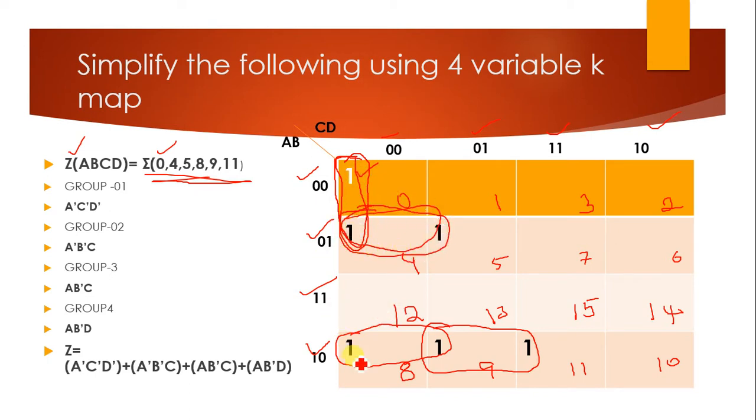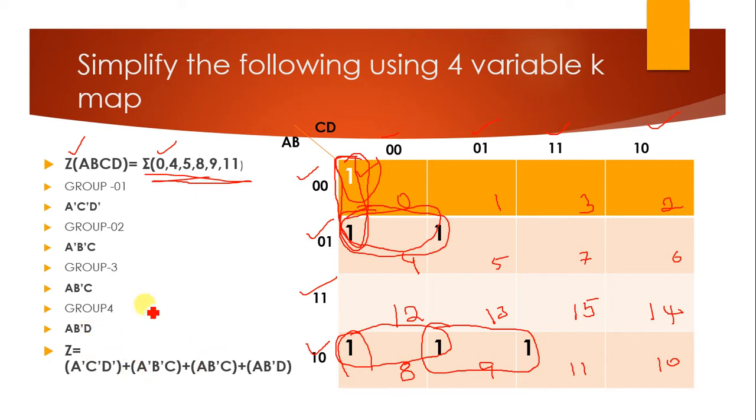Then 12, 13 and 11 are there, so there are 3 combinations, you cannot make a group of them. There is no possibility, right? In that case you make these two groups. This is also possible, but it is not required. And this is also possible, but that is not required. You can solve the equation in this fashion itself.